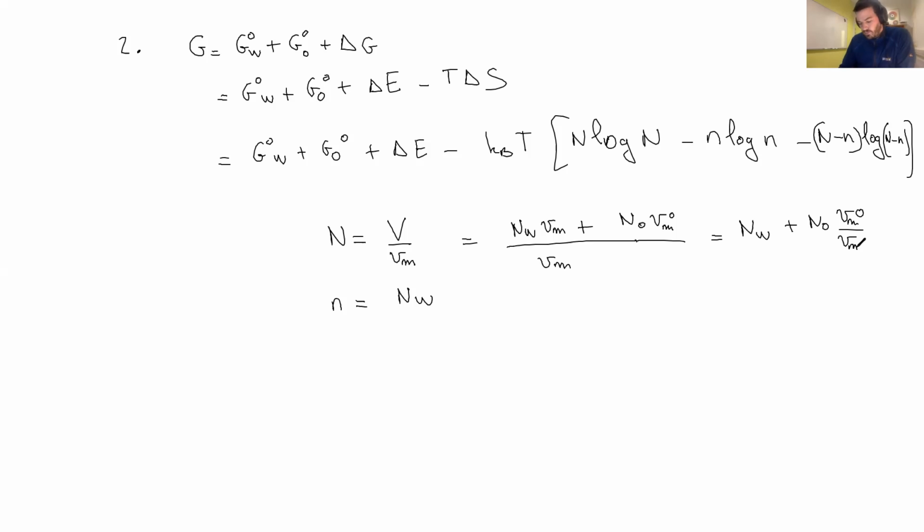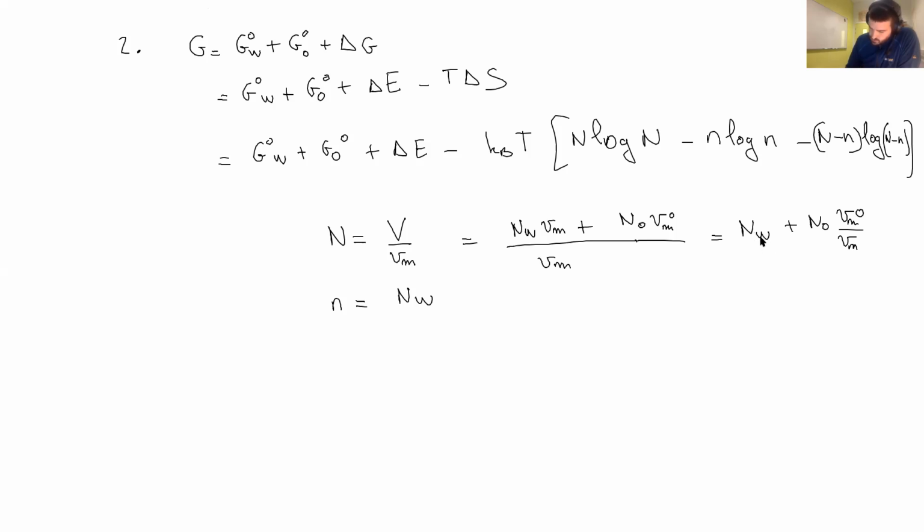right? So the total number of cases in my lattice is the number of water molecules plus the number of oil molecules, but corrected with this ratio of molecular volumes, because at the end, what is conserved is the volume. Volume of water and volume of oil, all right? And they don't have the same molecular volume. So all that to say that